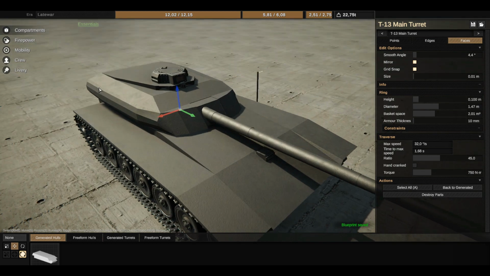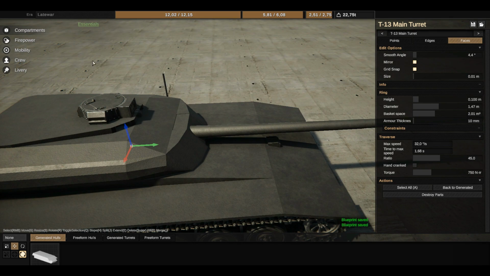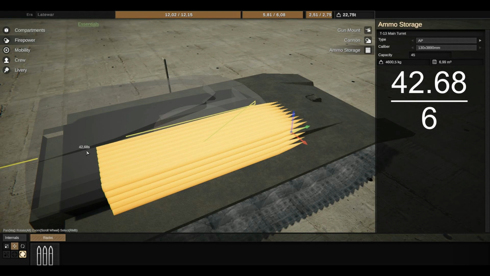So what we're gonna do right now, I saved already the blueprint. I will open it. Let me remember the reload speed. It's 42.68. So what we're gonna do is divide this actual value, 42.68 seconds, by the value we want. I want actually 6 seconds, so I will divide it by 6, and I get actually